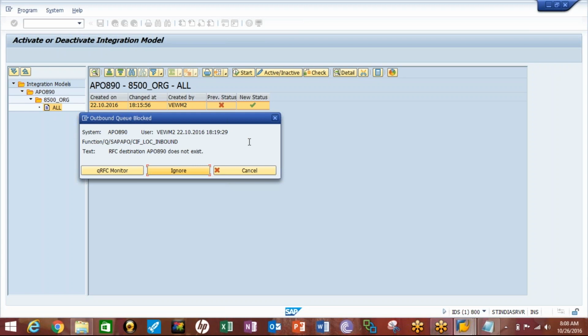And what's the model view? Can you go back please? Can you cancel it?